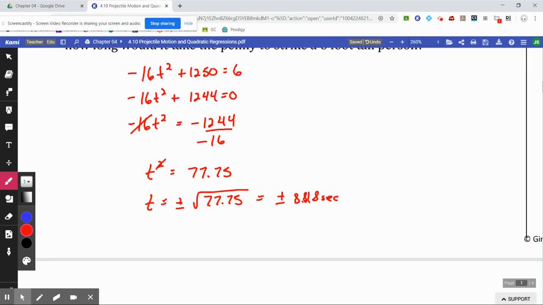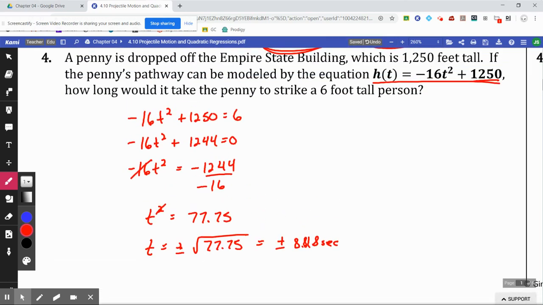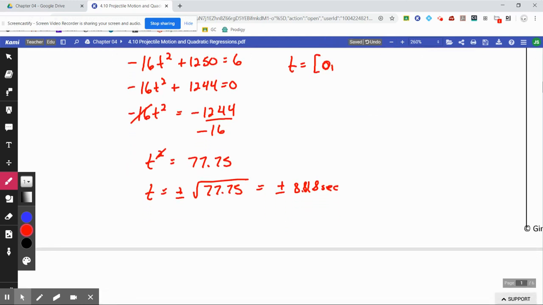However, think about this. We're talking about time. Think about your domain. The domain here is going to be time from 0 up to whatever. In this case, it's going to be further than that because it's going to strike the ground after that. So for time, for this function, you have however long it takes to hit the ground, but you start at 0. That negative is not going to be in the domain is what I'm trying to say. So therefore, it's going to take not a negative 8.818 seconds, but 8.818 seconds for it to hit a person